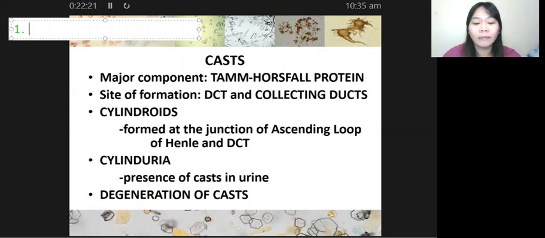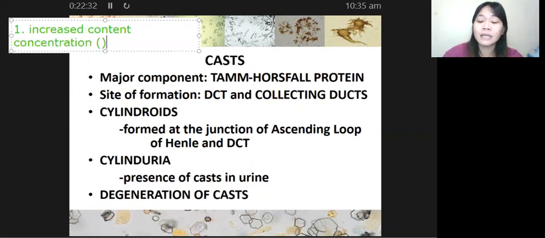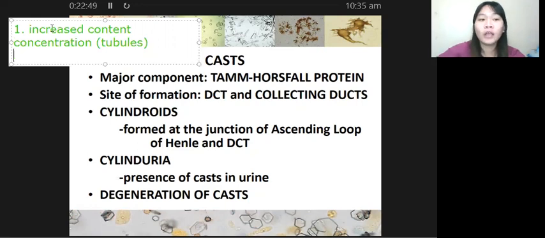So una, magkakaroon ng increased content concentration, okay, of the filtrate that is present in your tubules. Tama? Increased content concentration. So, pwede nating sabihin ito na increased solute concentration. Okay? So, pag nagkaroon ng increased content concentration, so, your Tamm-Horsfall